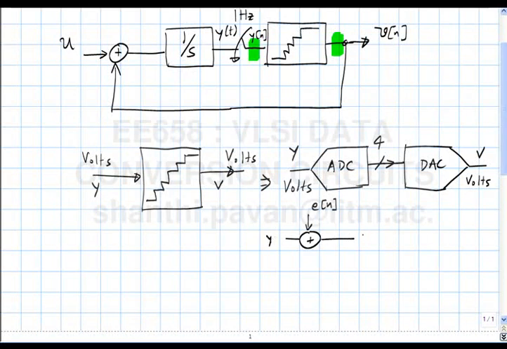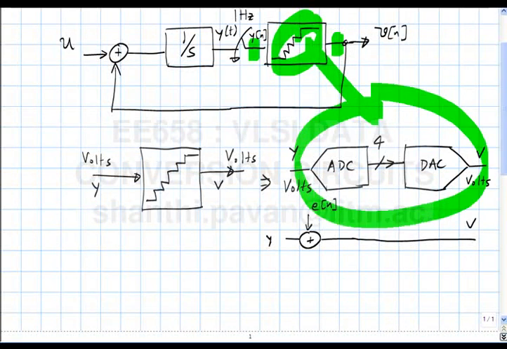Y, alright, and this is how you get the P. So when you embed this quantizer in a feedback loop, which was the question I was asked after the class yesterday, all we need to do is replace this chap with this contraption here. Alright. Okay. So in which case